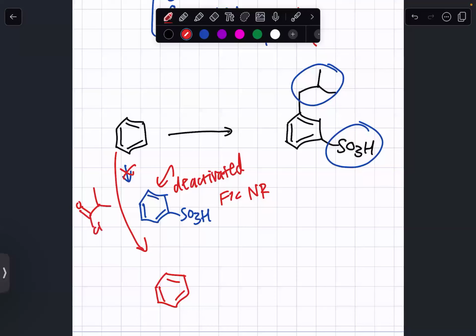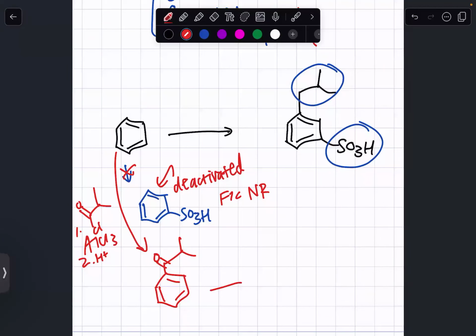the acyl group right there, and then AlCl3. That's the first step. Second step, acid workup. We're going to add that acyl group right there. Now, is this an EDG or EWG? EWG. Right. And then what directing group is an EWG? Meta. Meta director, right? Which we see that this sulfonate group is meta to that group, so we could do